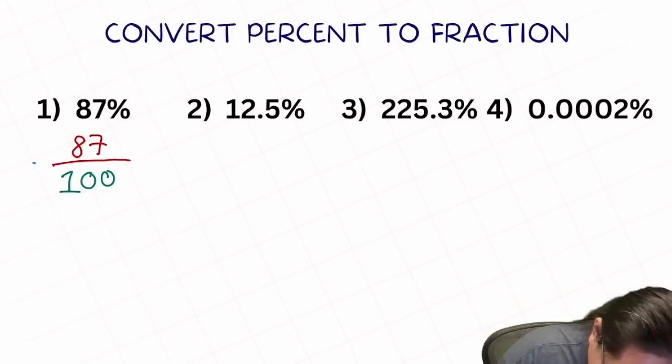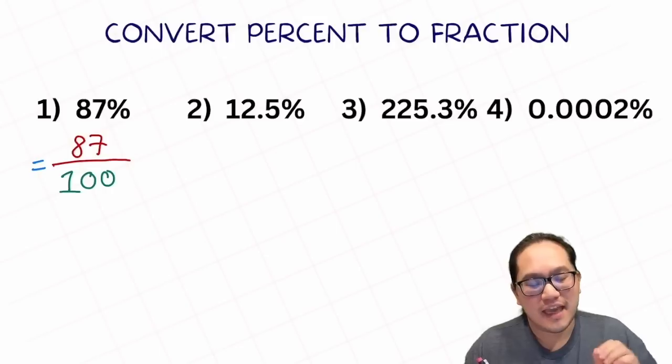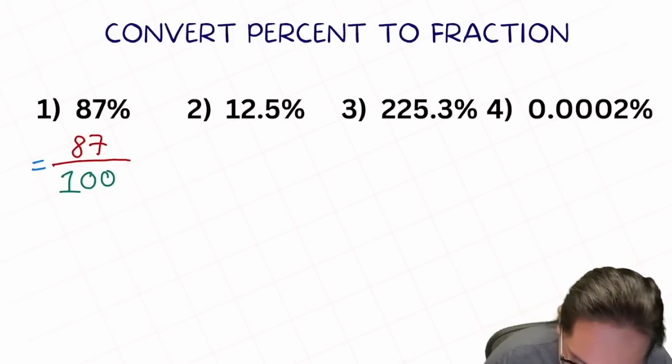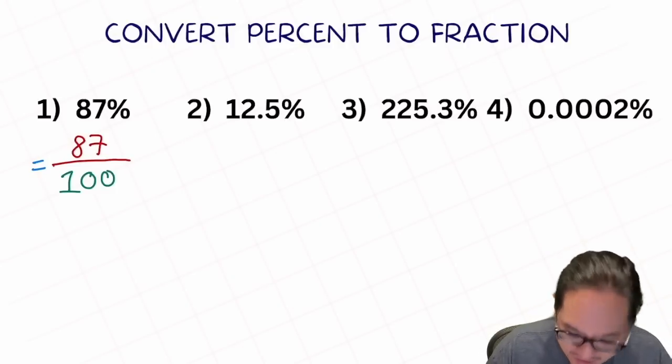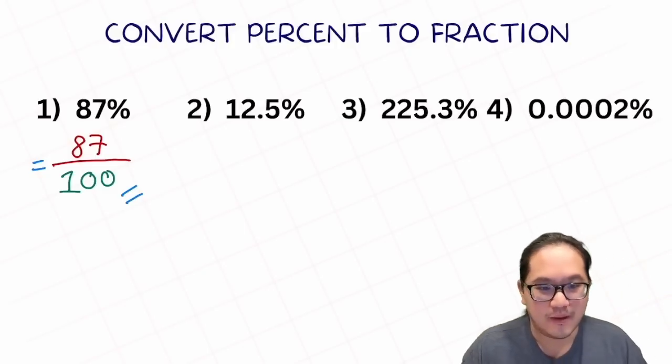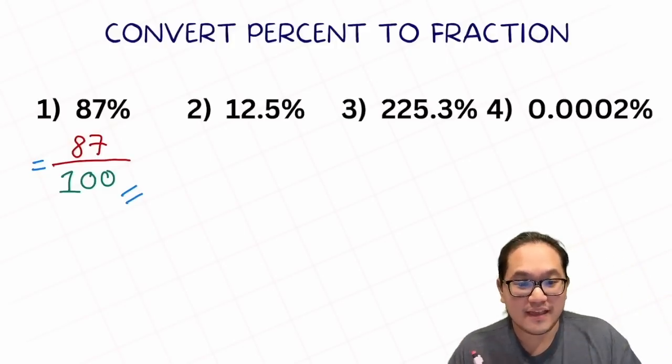The next step Mr. Cheung always like to do, right, is can we simplify it? 87 over 100. We cannot. So in this case, we know that 87% to convert to fraction, it will be 87 over 100, and that will be it. So now, for our next example, we have